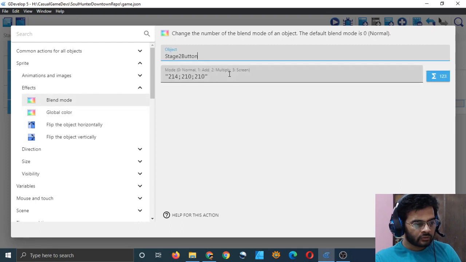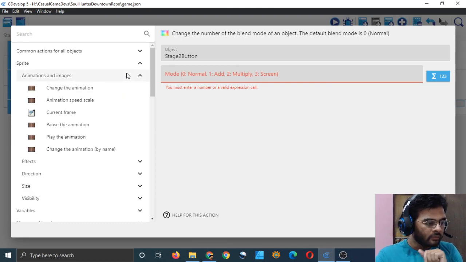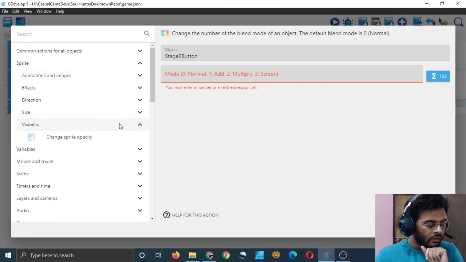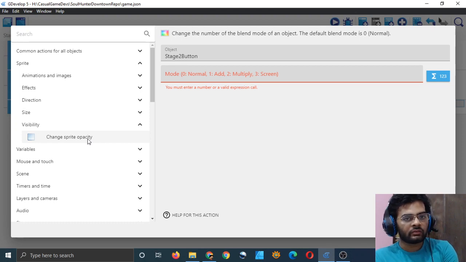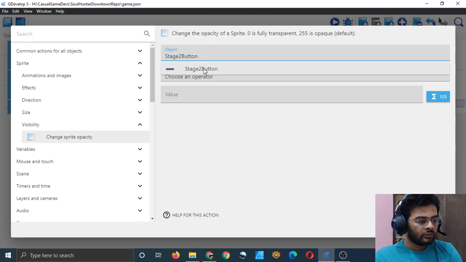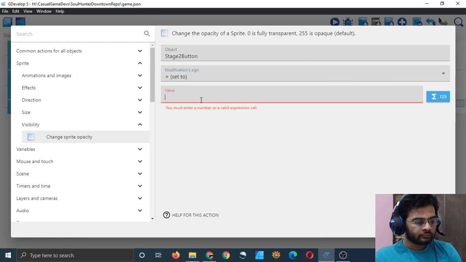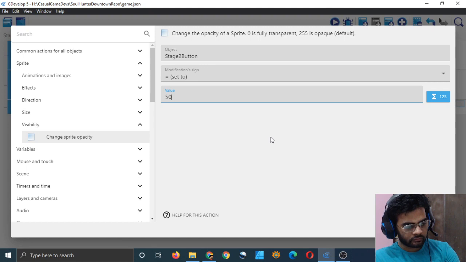Blend mode, no, it will not be good with blend mode. Visibility, can I change the opacity to signify that it's inactive? Value goes from 0 to 255. I will just do 50. Let's see.